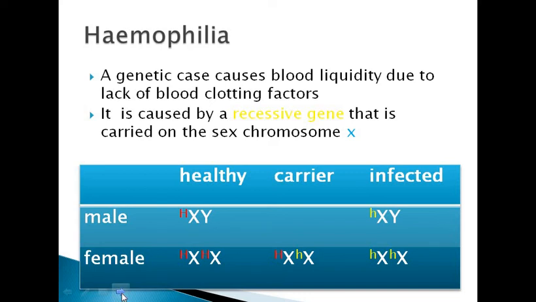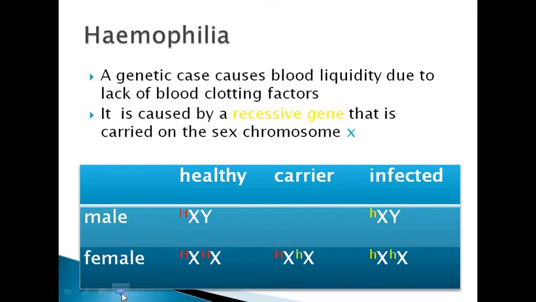Why does hemophilia occur, or why does this blood liquidity occur? Due to lack of clotting factor, and as you know, clotting factor is the factor responsible for blood clotting to stop bleeding. Let's have a look at the phenotype and genotype in male and female. The healthy male is XY, and the X carries the dominant gene, which is X^H capital, and the female XX, and both X carry the capital H gene, which is the dominant gene, while the carrier